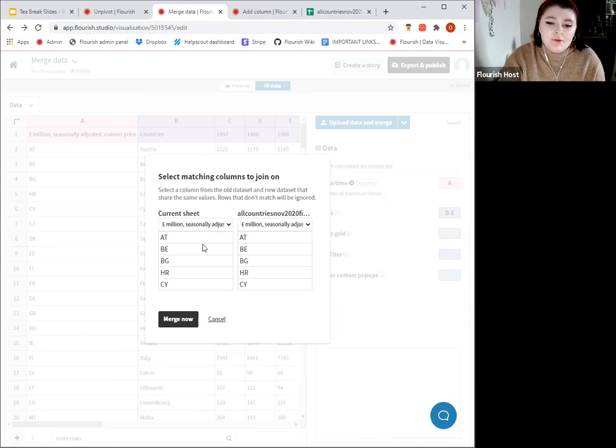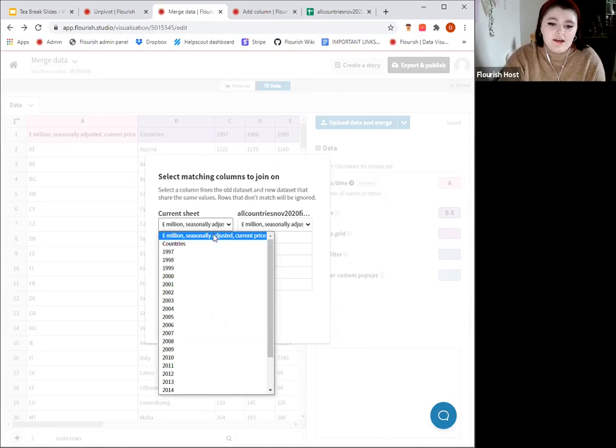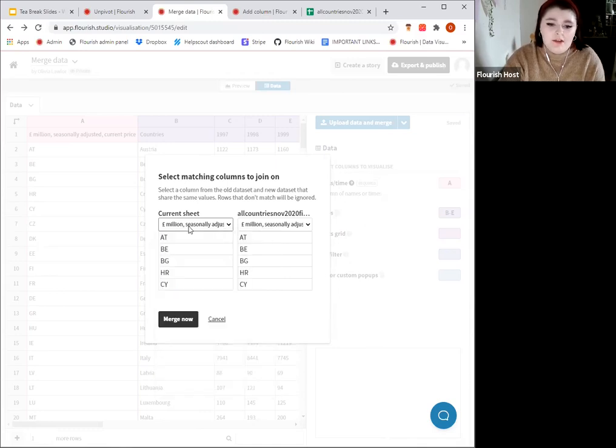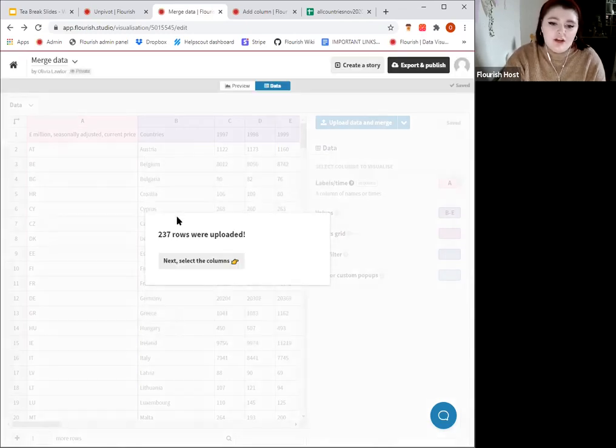This is really useful at the moment because we've got it from the same data set, so it's going to have similar columns. However, if you were to, for example, bring in data for longitude and latitude into one of our projection maps, this is where it can get a bit more difficult because some of the country names may be a bit different, but I can show an example of that in a moment. So I'm just going to check. Yeah, I'm going to just do it by the country abbreviation, the ISO 2, and then I'm going to merge it. And perfect, it said 237 rows were uploaded.